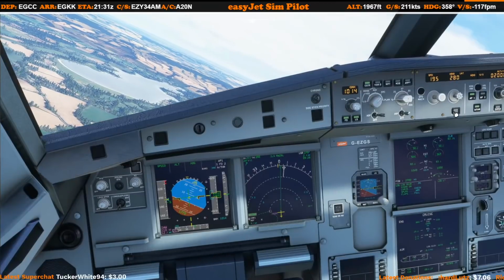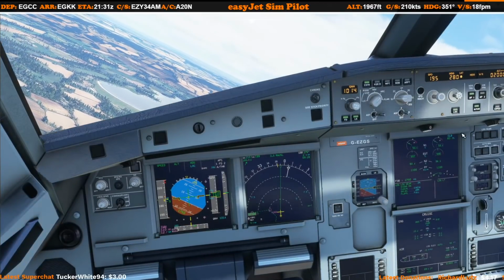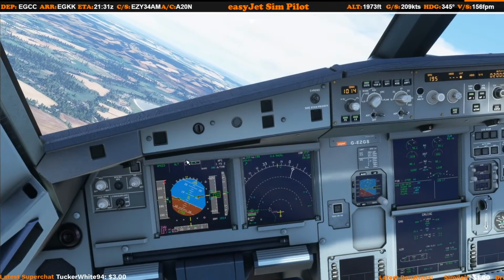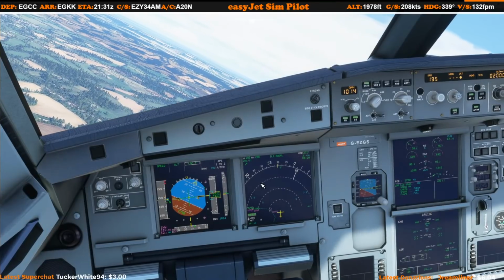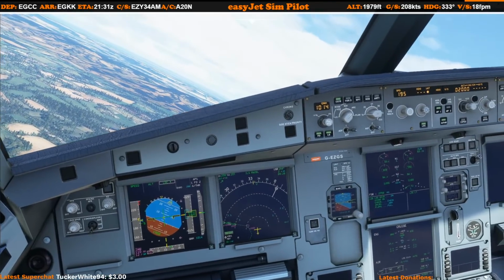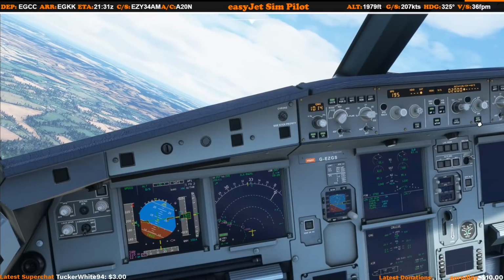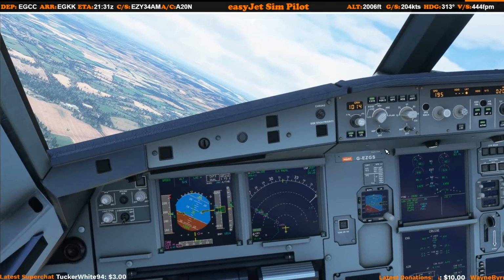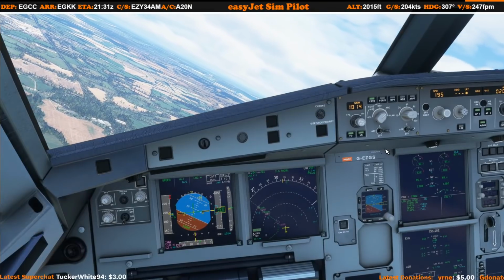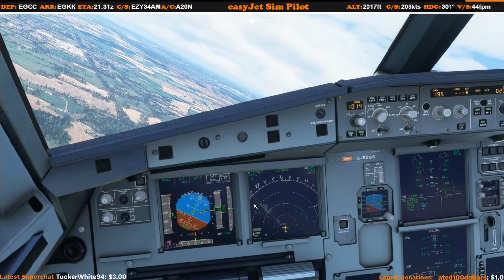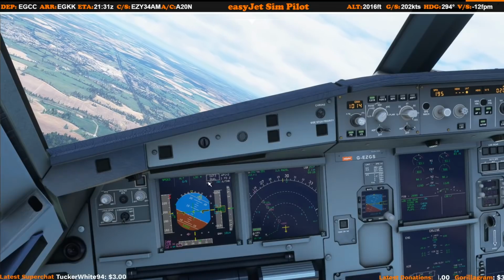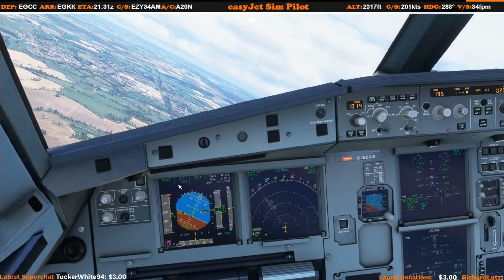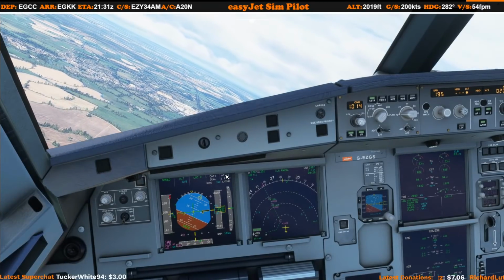So we'll turn on the localizer capture, and we've got LOC star. So it started to capture the localizer. With LOC star we can press approach, and on autopilot 2 now we can check. We've got speed, alt and LOC star, glide slope blue, CAT 3 dual, autopilot 1 and 2,